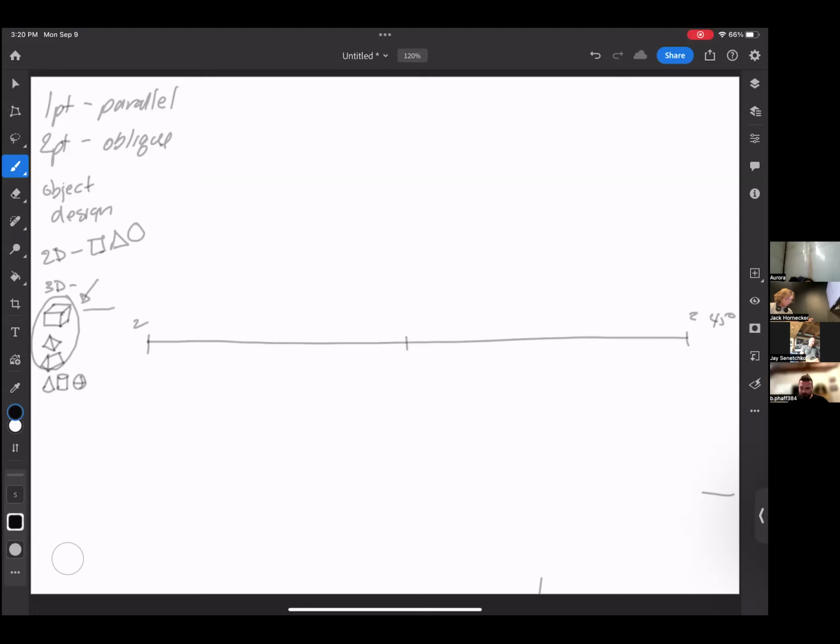And the granddaddy of all those things is that guy right there. Can you draw some sort of rectilinear object in 1 point and 2 point? Reason being is that cube has a very specific relationship to a triangle and to a circle, or a pyramid and a peaked roof. So the analogy holds true dimensionally as well as graphically. If I refer to something graphic, I'm referring to 2 dimensions. If I refer to dimensional, I'm referring to 3 dimensions.